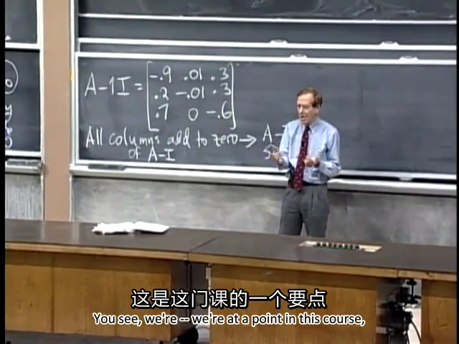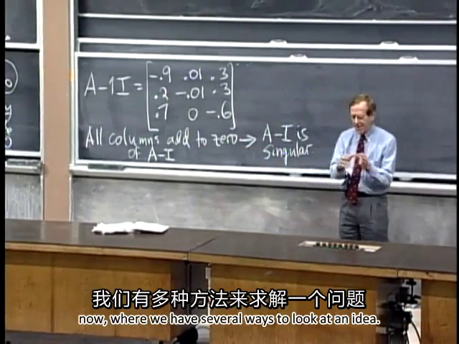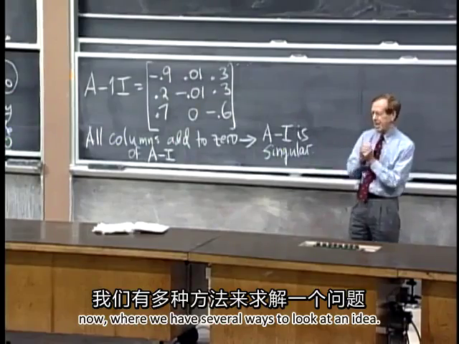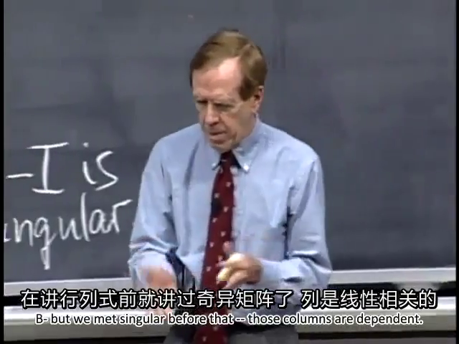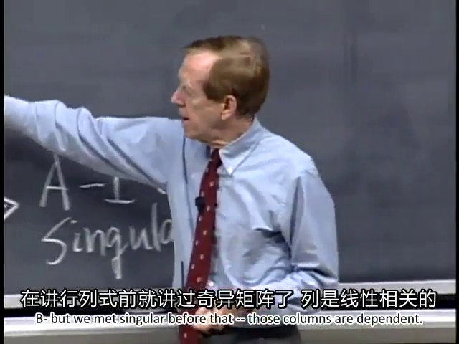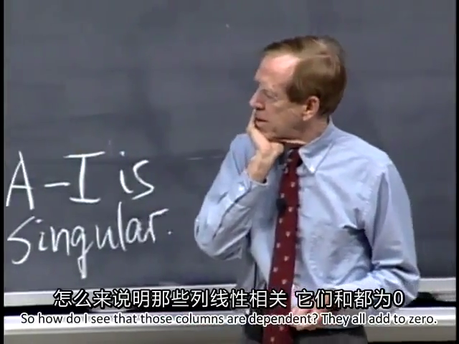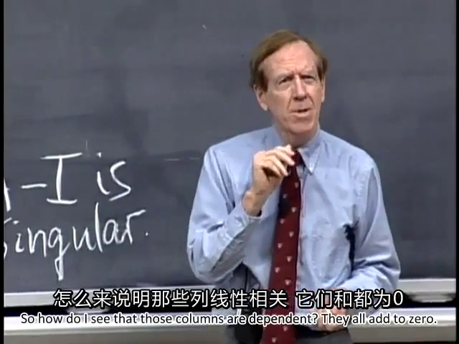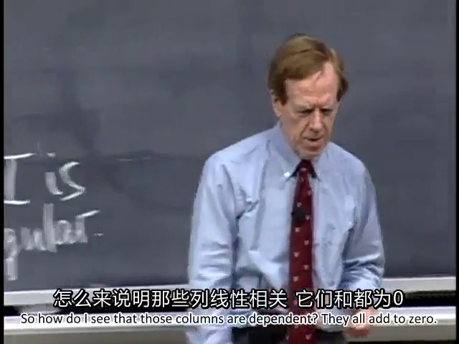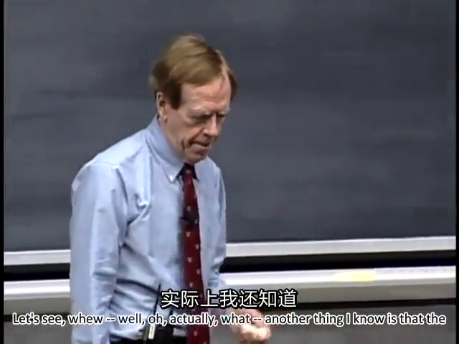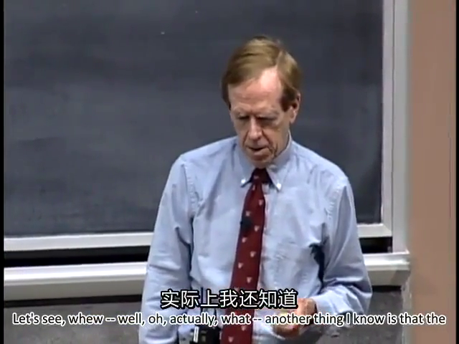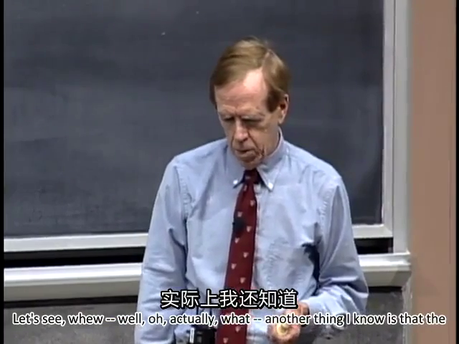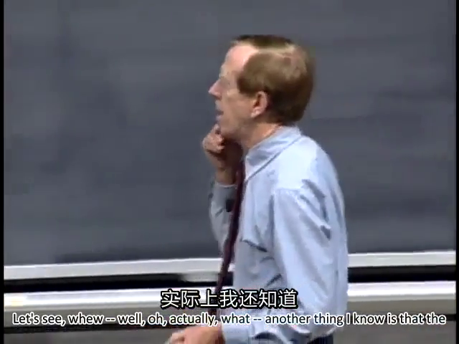You see, we're at a point in this course now where we have several ways to look at an idea. We can take the determinant. Here we don't want to. But we met singular before. Those columns are dependent. So how do I see that those columns are dependent? They all add to 0. Let's see. Well, actually,